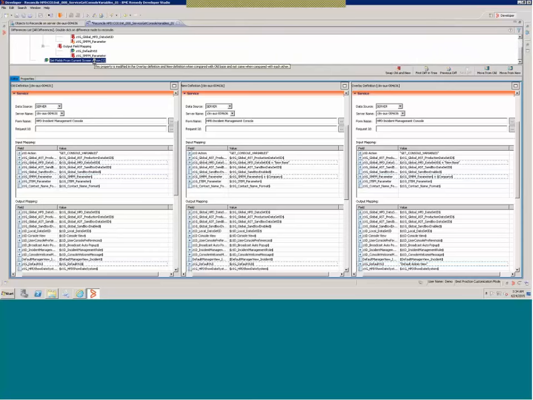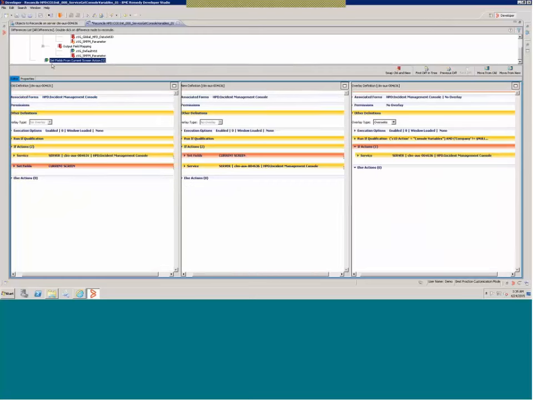So I'll just click on this, which is where I deleted a set field from current screen in my overlay. It was present in my old definition, I deleted it, and BMC has modified the set field action.